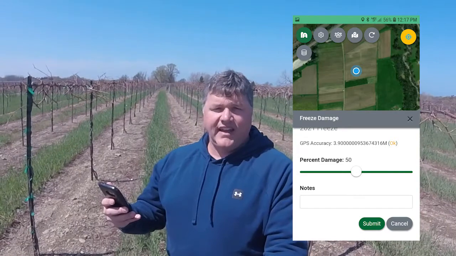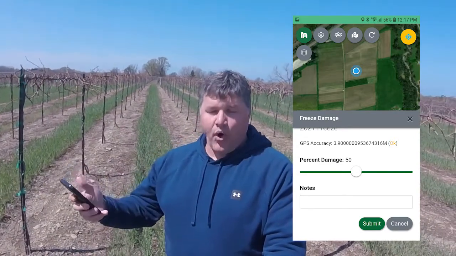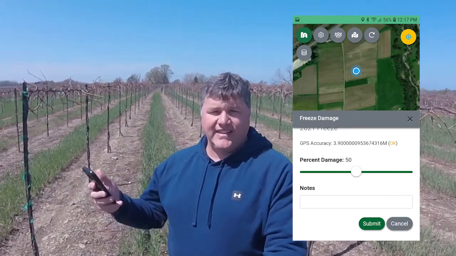It uploads that data to your own MyEV account in the cloud. So that data is already logged and saved and ready for your viewing either on your smartphone or back at your office on your desktop. And now all I have to do is walk up and down these rows and collect as much data as I want. The more data I collect, the better spatial map I'm going to be able to see once I put all the data together, and then I go from there.